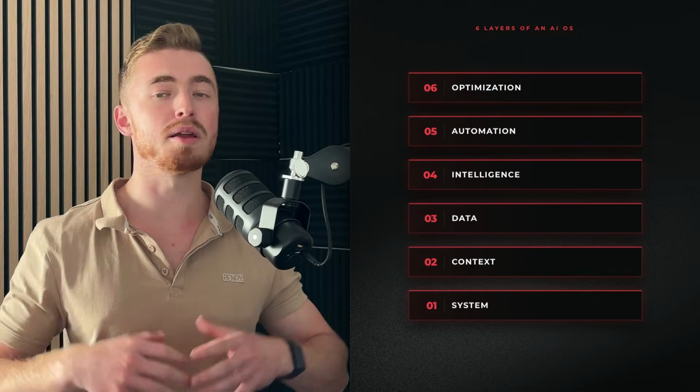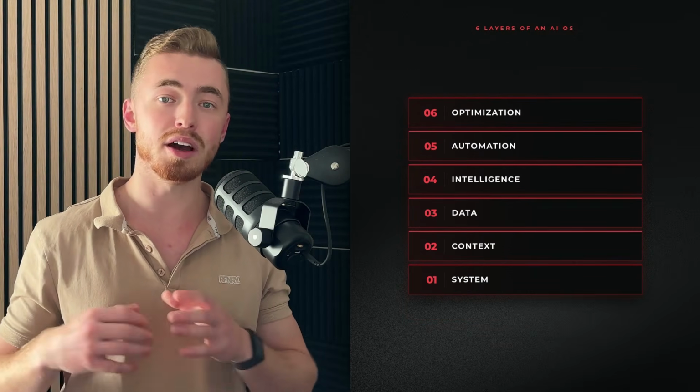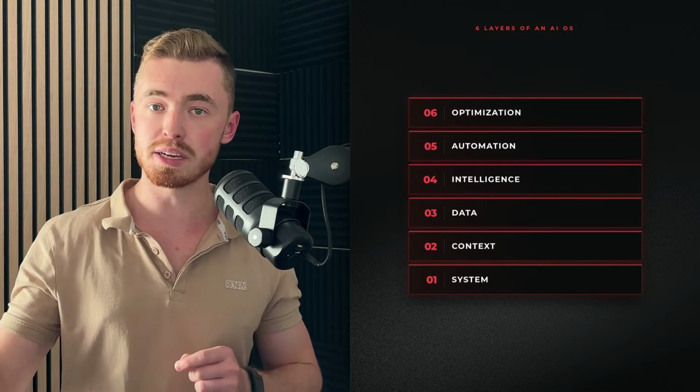Having even just one of these 6 layers in place will already create massive leverage in your business, but it's only when you combine them into a cohesive AI operating system that your business will be able to move with speed and give you the cognitive freedom that you need in order to grow and scale. The value in today's economy isn't labor or information anymore, it is speed. AI isn't slowing things down, it is speeding it up.